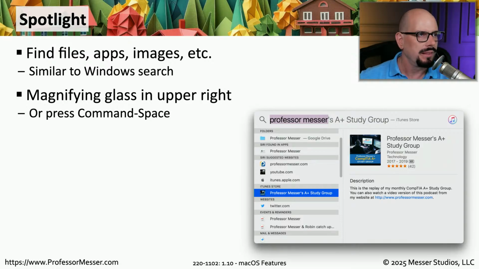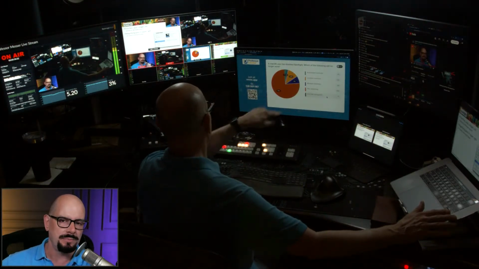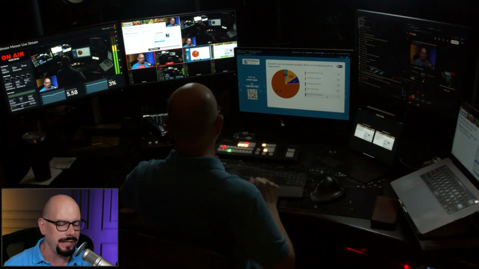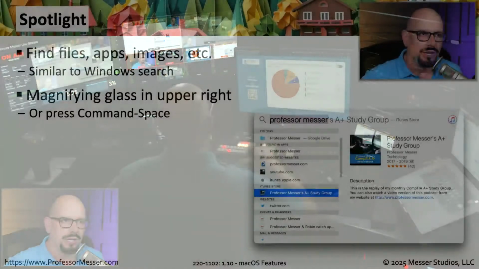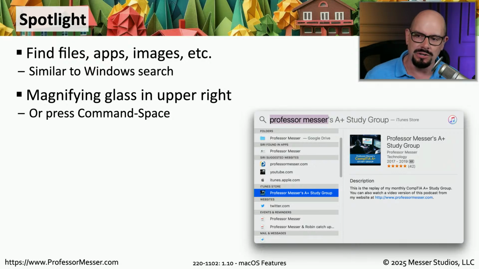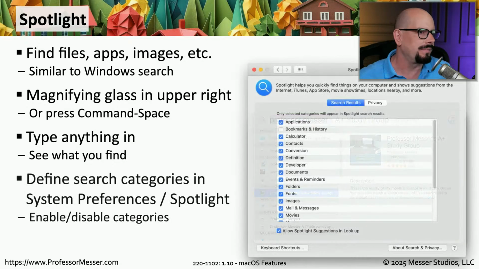For those of you that have seen this setup, I am using Mac OS here as my primary desktop. That's what these two screens in front of me are. And that is what I use when I am trying to find things on my system. There have been times when Spotlight is no longer available, so I've had to think, what am I going to do now that Spotlight is not there? I want to be able to find this information.